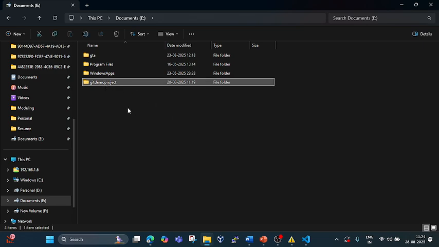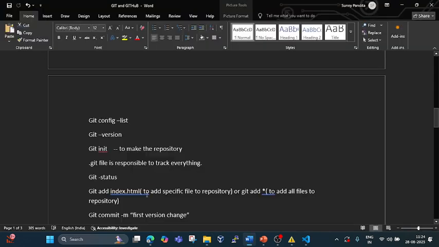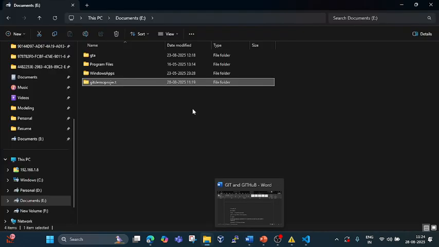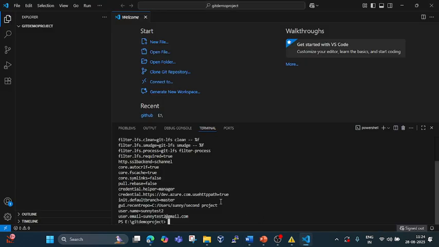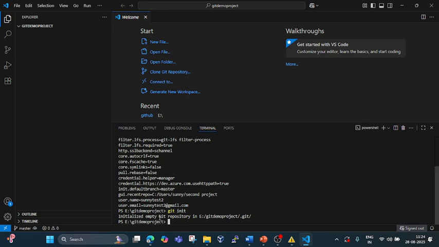And to make the repository we have to use the command git init. And why? So that Git should know, okay, we have to track changes in this folder. We have to give the versions in this folder, because Git is now going to use this project, which is the Git demo project. And for that we need to make this a Git repository. And how to make the repository? It's easy. Git init. You can see initializing empty Git repository. Now this has been made a repository. Now what's next?